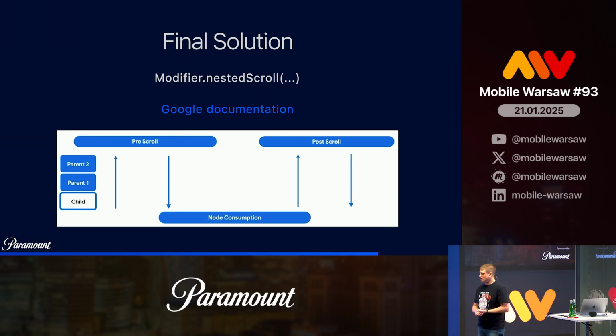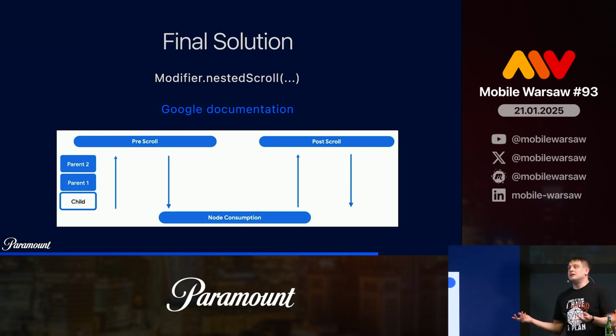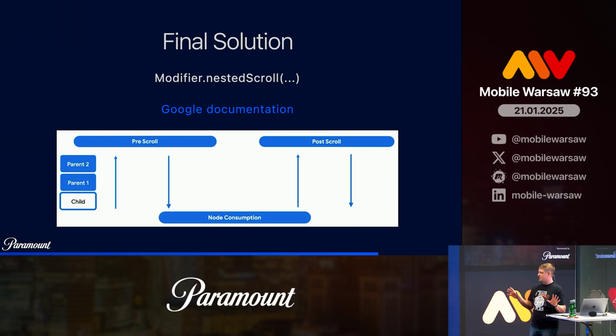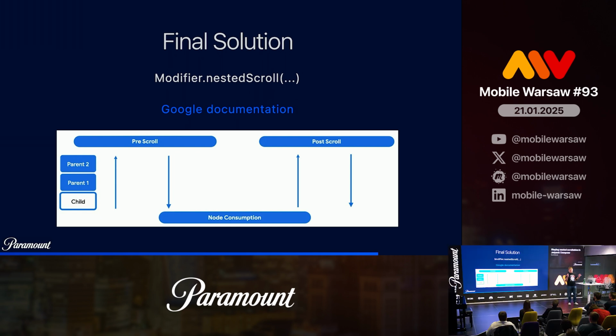Let's say that the user has scrolled by 20 pixels. Each parent will get information about how many pixels we try to scroll, and will be able to decide. He can do nothing about it, completely ignore the value and just pass it further. He can take a look at it, so pick it and do something else without modifying the value for the parents up in the hierarchy. Or he can say, I'm going to take some of those pixels, and I'm going to